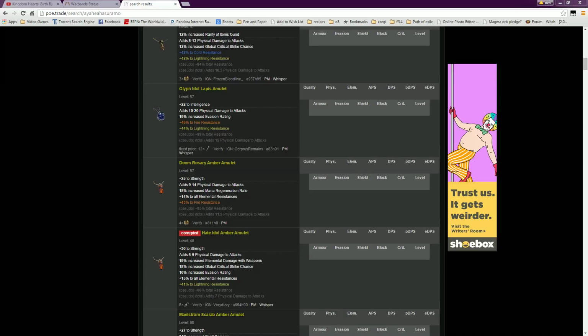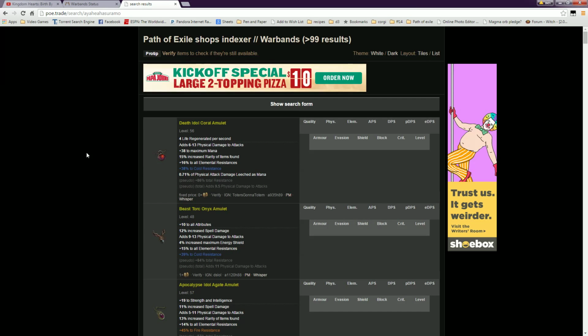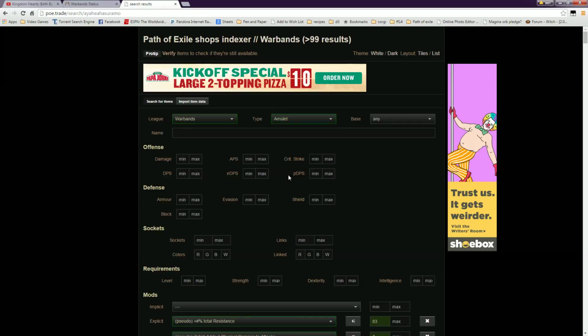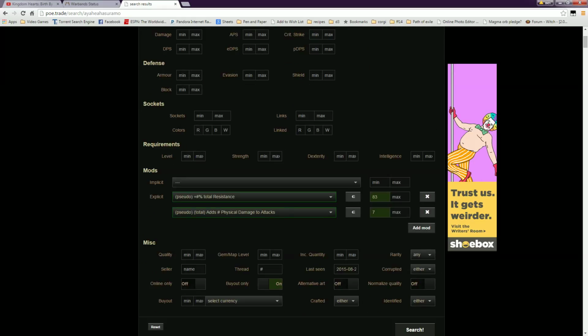Stats could go on it. It could take a third resist. So that brings me to my next point. There's a whole slew of things that can go on this thing. Increased item rarity can get crafted onto it. Critical strike chance can get crafted onto it. There's a lot of stuff. So in this kind of situation, I might go in here and